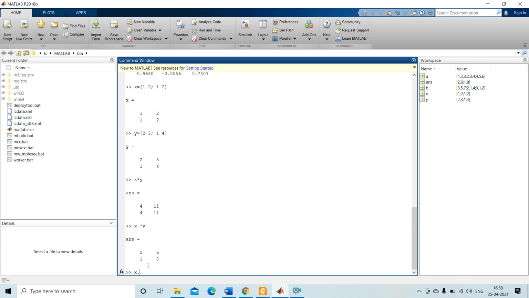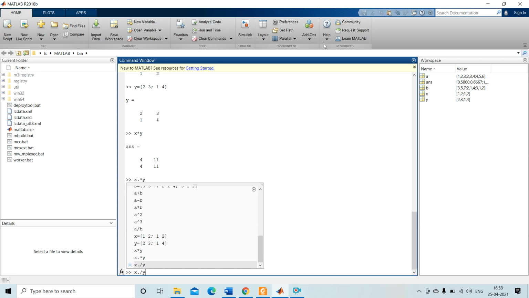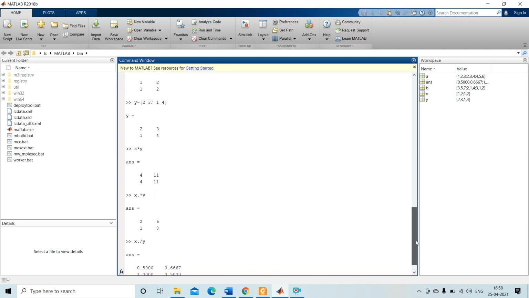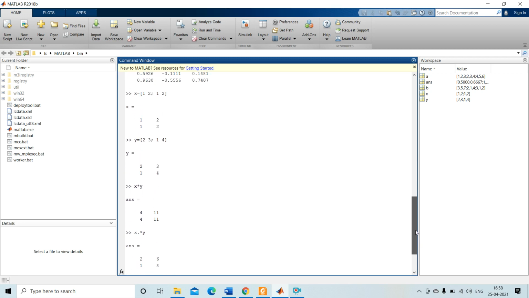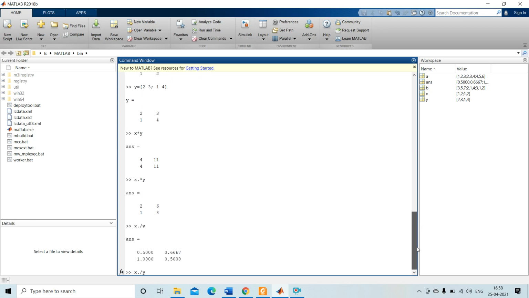Now if I write x dot divided by y, enter. Just see, 1 divided by 2 gives you 0.5, then 2 divided by 3 is 0.6, then 1 divided by 1 is 1, then 2 divided by 4 is 1 by 2. Clearly understood the array multiplication and array division.